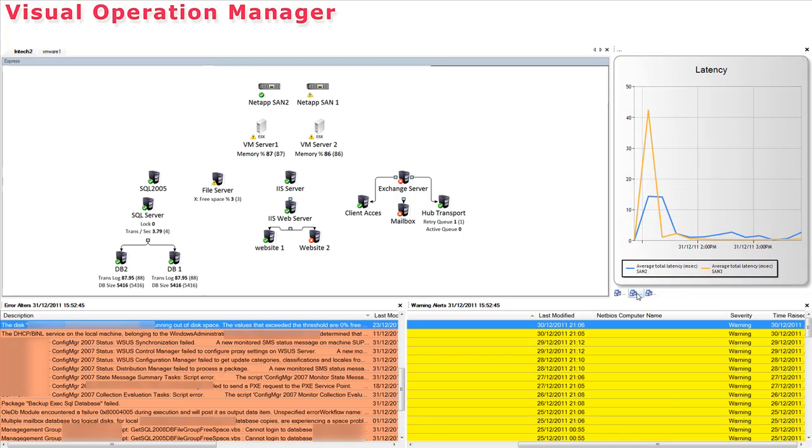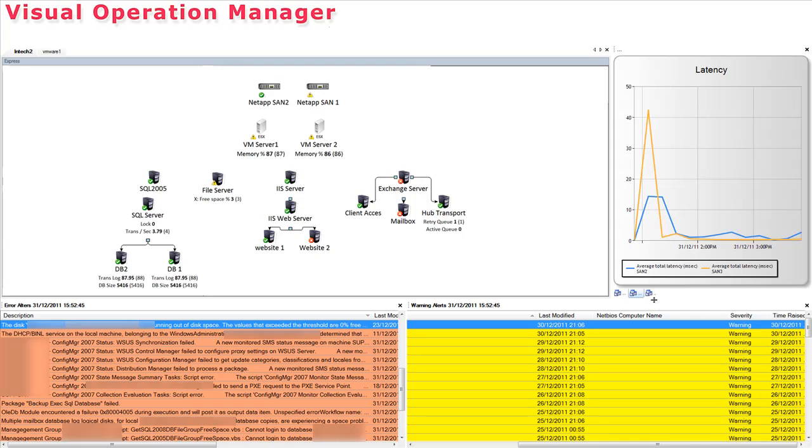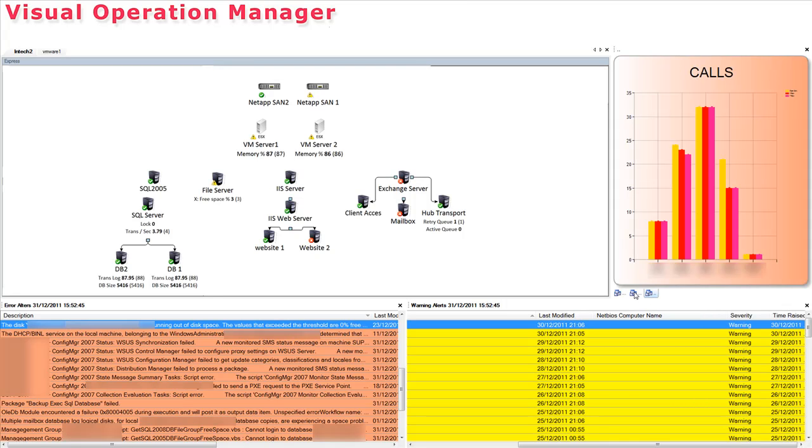The software has been designed to run on a 40-inch or greater LCD screen, and that in turn gives you far greater real estate to play with. However, even when there's some statistics that you would like to see but don't need up all the time, we can dock these statistics together, such as here we have latency and here we have calls, and we can set the system to alternate between any number of tabs at set intervals. This gives you a greater flexibility for monitoring more parts of your network without the expense of having additional LCD